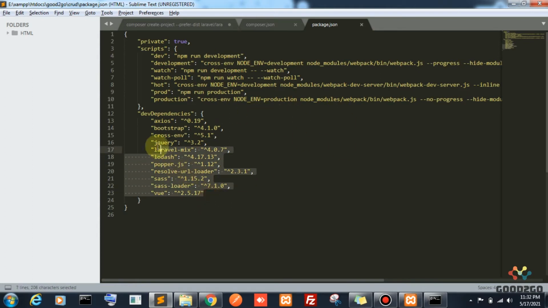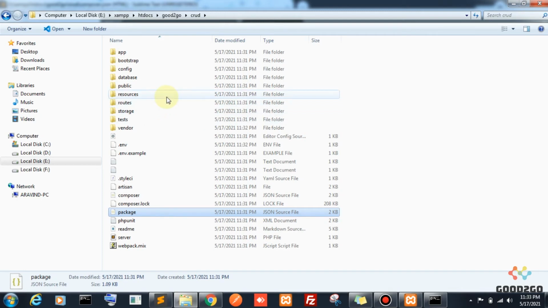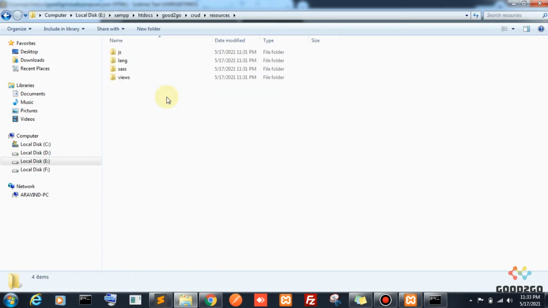By default there is a Vue layer in our Laravel package. By default this package.json has the Vue framework, and you can run it. Where is that Vue framework available? Go to the resources section. I already said Vue is a front-end language, so all the front-end things are held in this resources folder only.